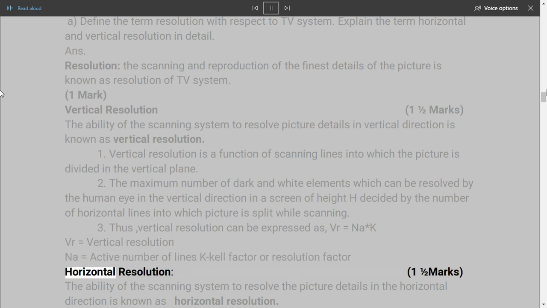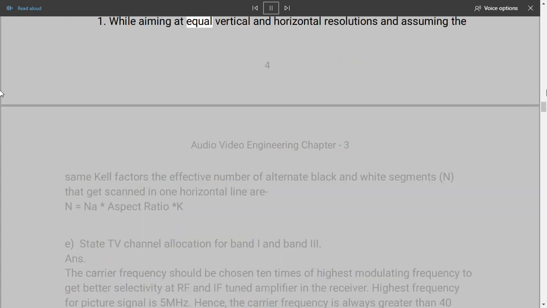Horizontal resolution, 1 1/2 marks. The ability of the scanning system to resolve the picture details in the horizontal direction is known as horizontal resolution. 1. While aiming at equal vertical and horizontal resolutions,